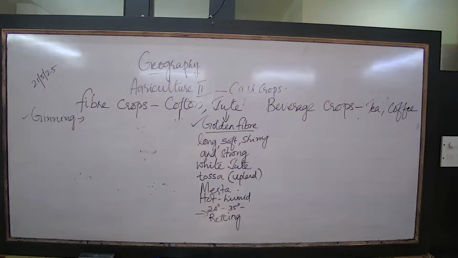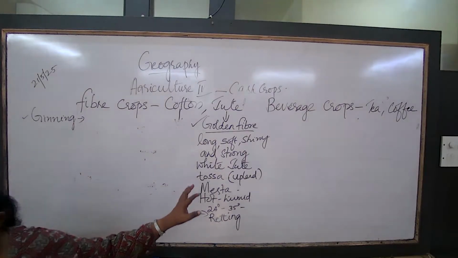Jute is harvested by hand by pulling up the stem. It is dried and stripped of unwanted leaves and is put in water and allowed to rot. When it is rotted only, the peeling can be done. This process is known as retting. So, one sentence answer: define the retting process. It is done by submerging the jute into ponds and streams, but it's now done in special tanks. I told you artificial tanks are made. Clear?